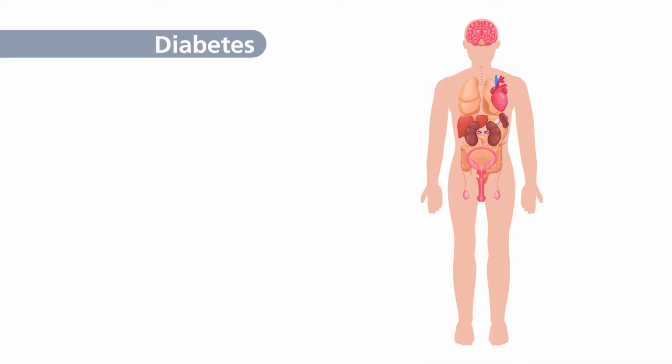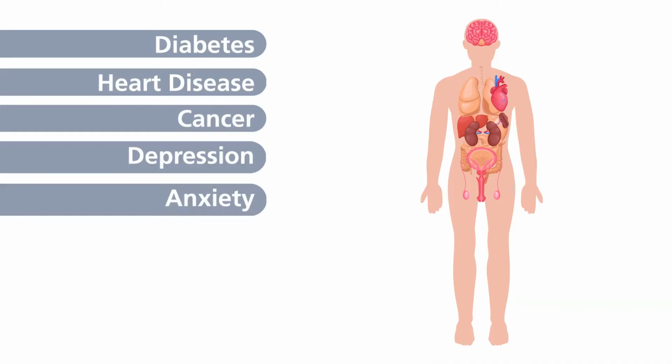Exercise is known to be helpful in the prevention and management of many different health conditions, including diabetes, heart disease, cancer, depression, and anxiety. We know that our general metabolic health is a big factor determining the health of our tendons and other soft tissues. It is worth noting at this point that smokers are 7 times more likely to experience shoulder pain than non-smokers. If you're a smoker, do consider speaking to your GP about resources to help you quit.